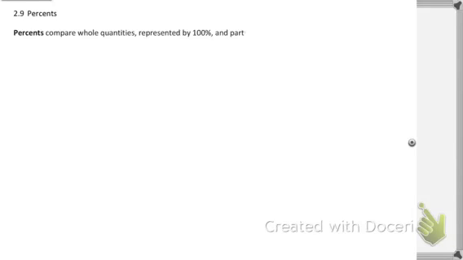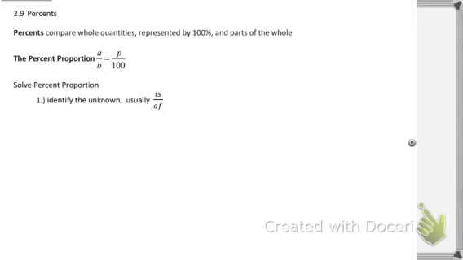2.9, percents. A percent is comparing a whole quantity out of its 100%, which is the parts to the whole. The percent proportion is how we're going to solve these: A over B is equal to P over 100. And to solve percents, it's better to look at it as the is over of is equal to. And then what we're going to use is our skills learned from 2.8 on solving proportions